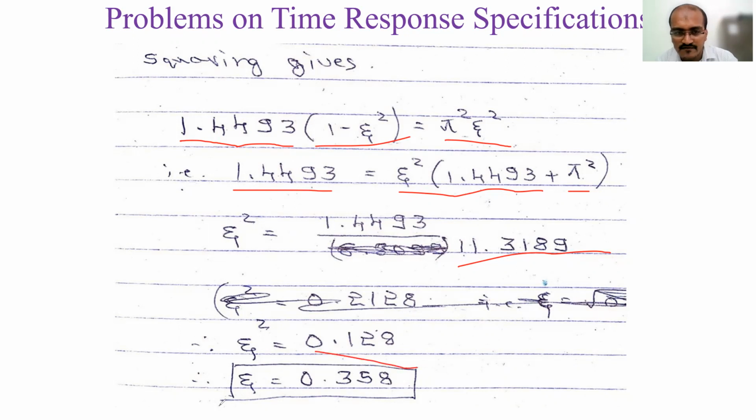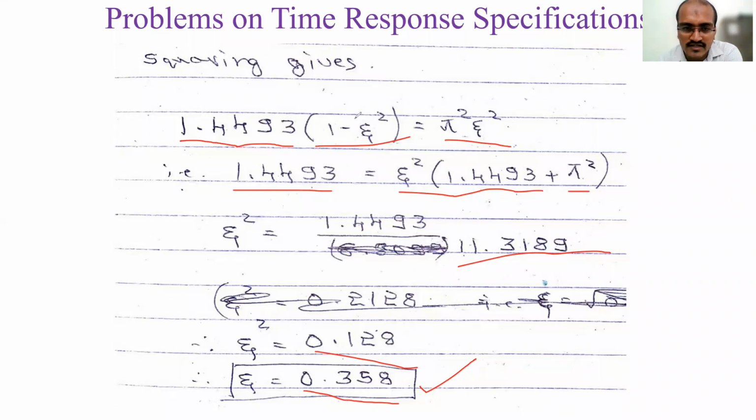What we require is zeta, that is the damping ratio. Take the square root of 0.128 and you will get 0.358. So this is the zeta value, the first thing you need to calculate. How have we calculated it? From the percentage peak overshoot. Whenever the peak overshoot is given, you have to determine zeta, and this is the same method we will follow. This first step I have told you in great detail, and in the next steps these things will come again so that you are able to understand it.